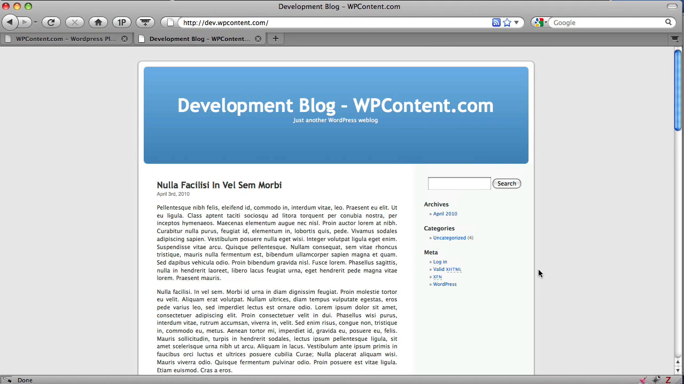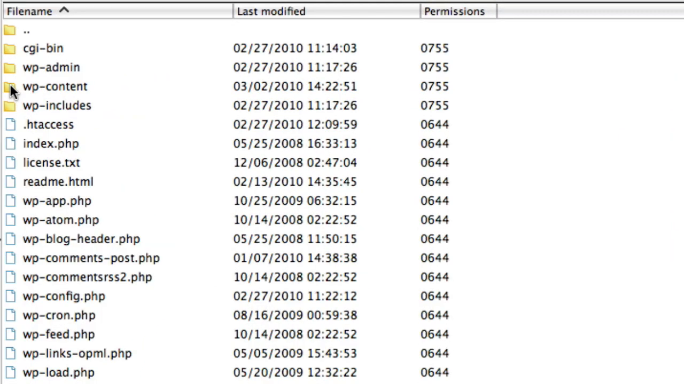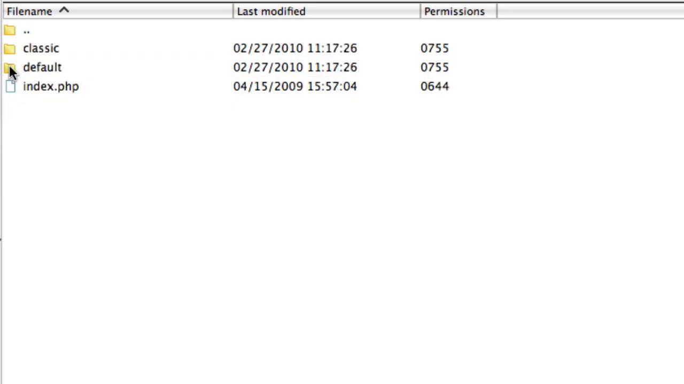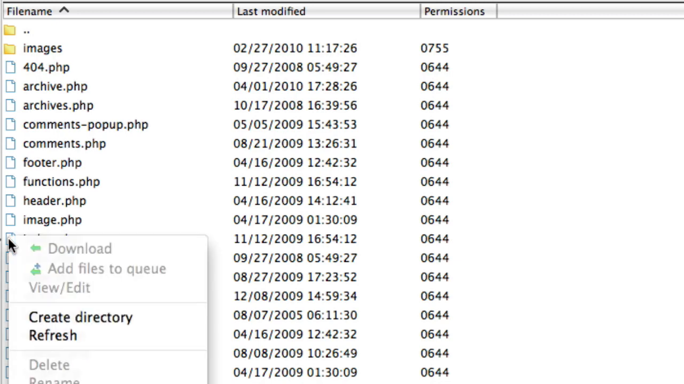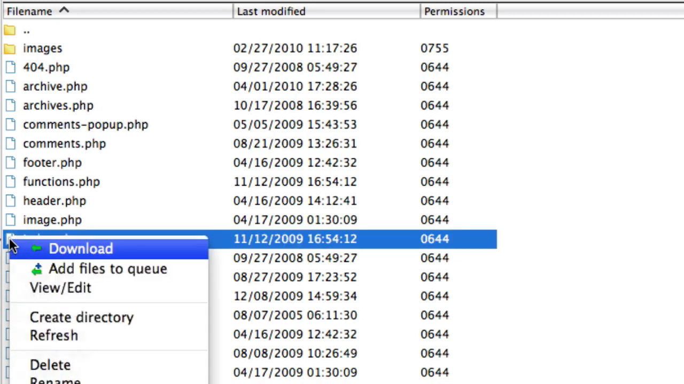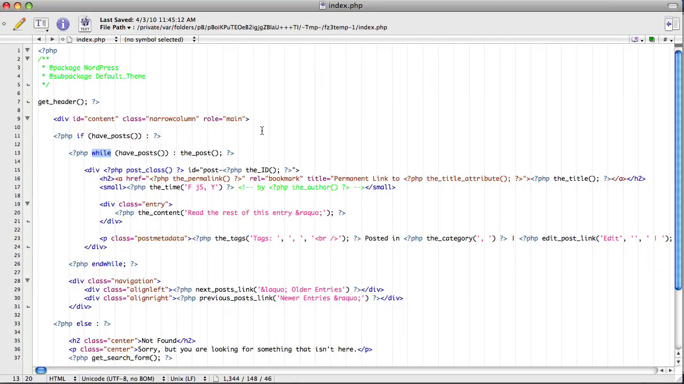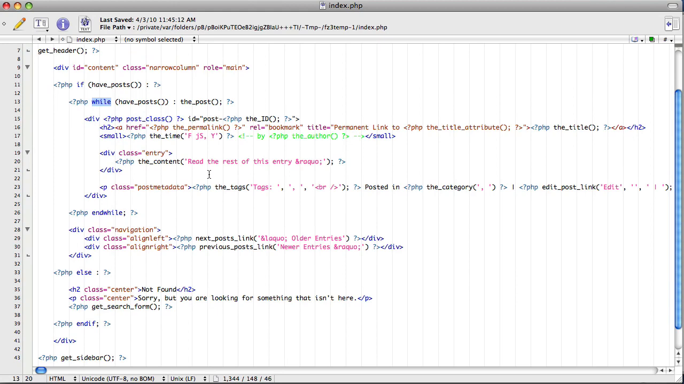So first things first, let's hop over to FileZilla, and I want to go into my themes directory. So that's in my wp-content directory, go into themes, I'm using the default theme, go into there, and then we have the theme files. Since I'm editing the home page, I'm going to edit the index.php file. Okay, so I've opened up my file in BBEdit, and the first thing we need to do is find the